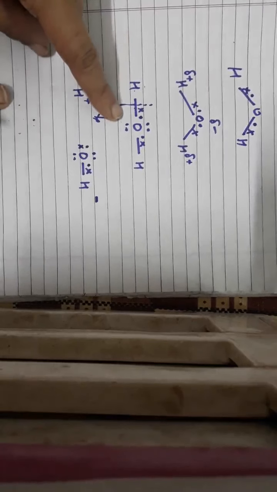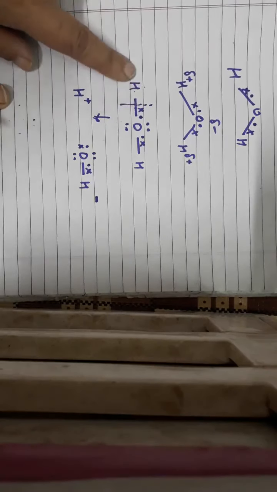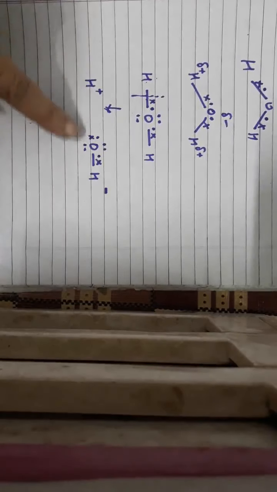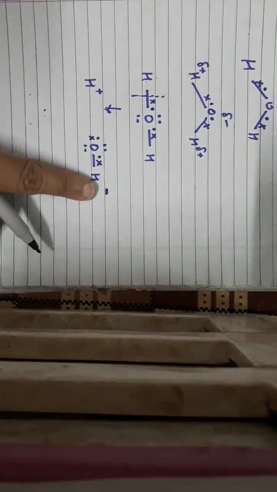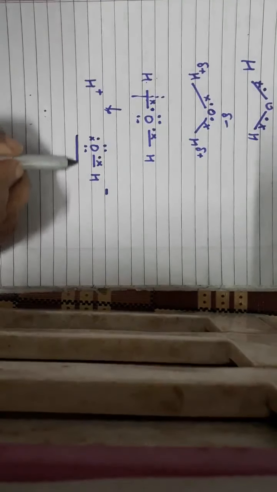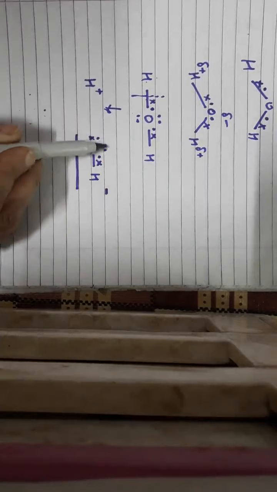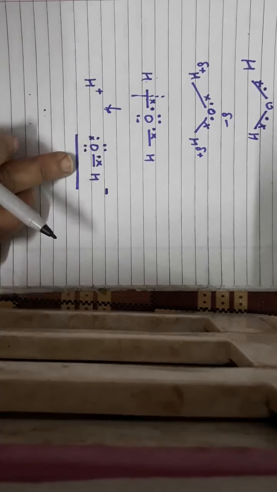Water ionizes and breaks one of its bonds in such a way that the electron of hydrogen goes with oxygen. So hydrogen comes out in the form of a proton, and for hydroxide, as oxygen has taken one electron of hydrogen, it acquires one negative charge. Now again, as I told you, all the negative ions which are released after ionization are always stable, because here you can see 1, 2, 3, 4, 5, 6, 7, 8. The octet of oxygen is complete and the duplet of hydrogen is complete. So there is no problem, this hydroxide ion is stable.